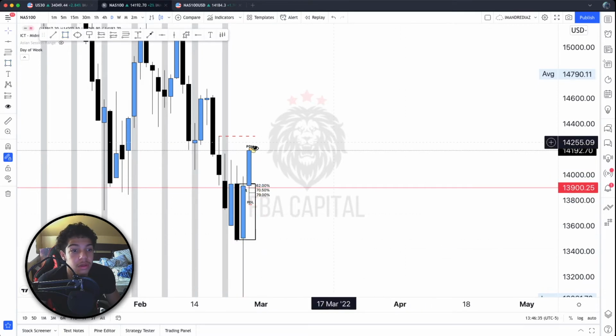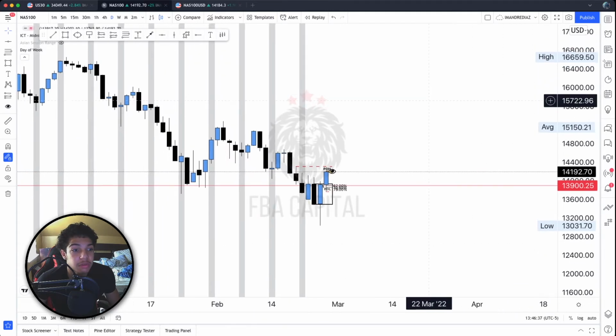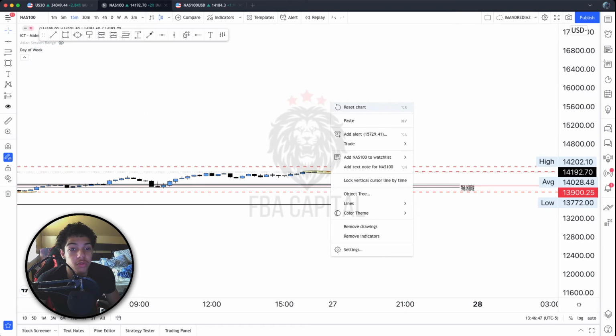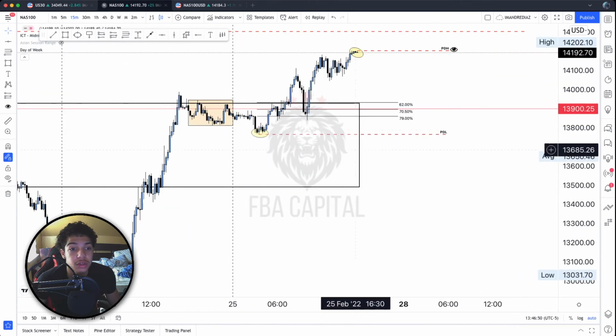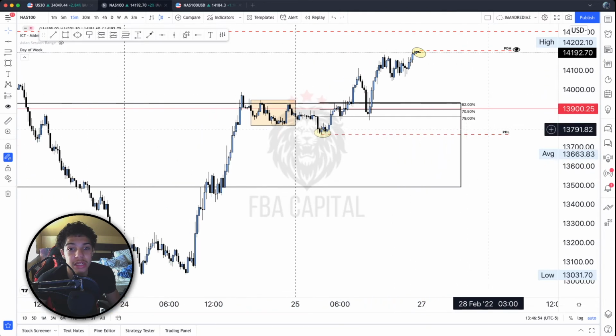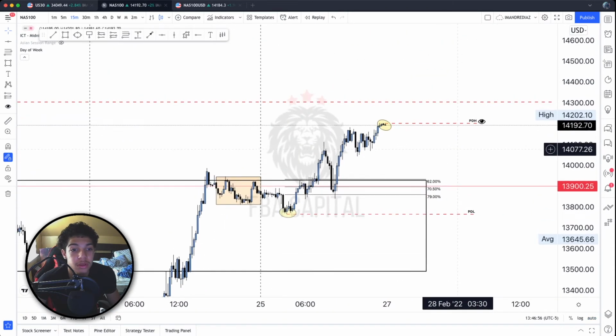order block. So remember how I showed you guys on the daily time frame how we cleared these lows and we started pushing higher? Now we can expect price to potentially have a pullback. We're already bullish. We have 13,900 that can also be in confluence right there, and that's where we can overall look for potential pullback to. So let's pull this over, and this is our daily bullish order block right here. So more than likely I want to see price remain above the